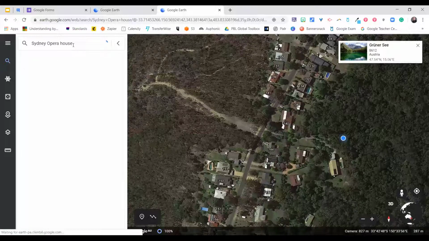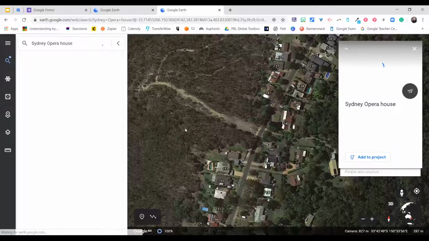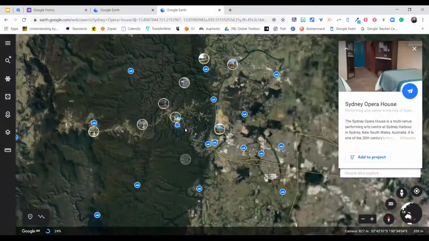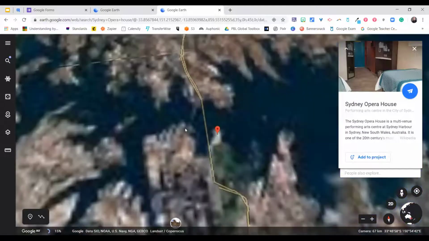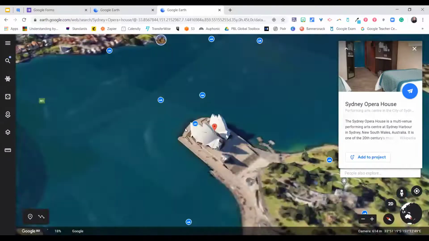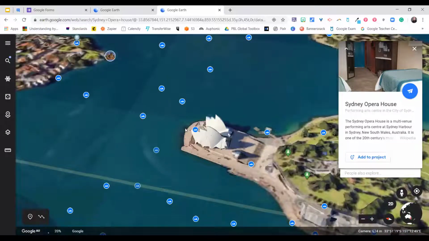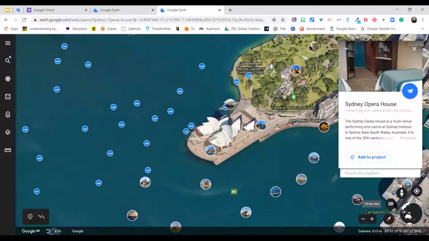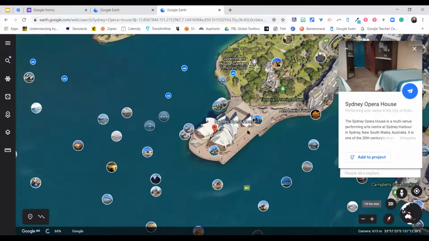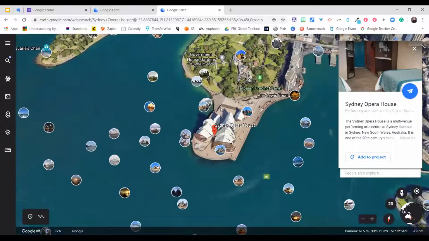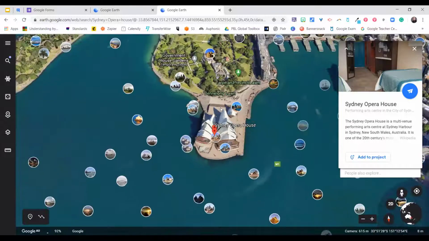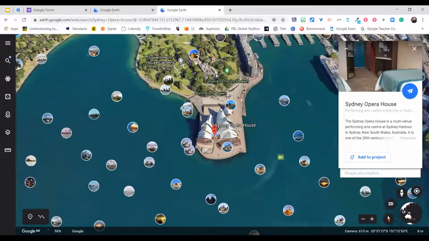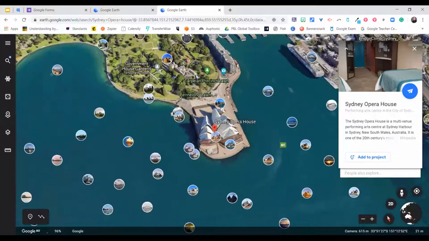All right, and so we're going to fly out to the Sydney Opera House. And there it is. And you can see here, it's already automatically switched over to my 3D view. And we're hovering around, we're spinning around it. And it's really cool to do this because you can actually do this with your students where they get flown to a place and then they get spun around it